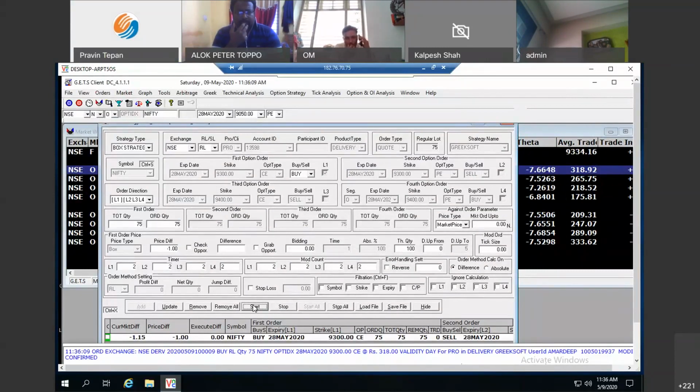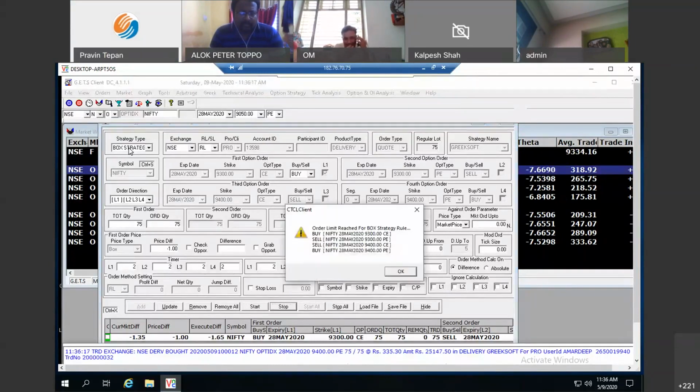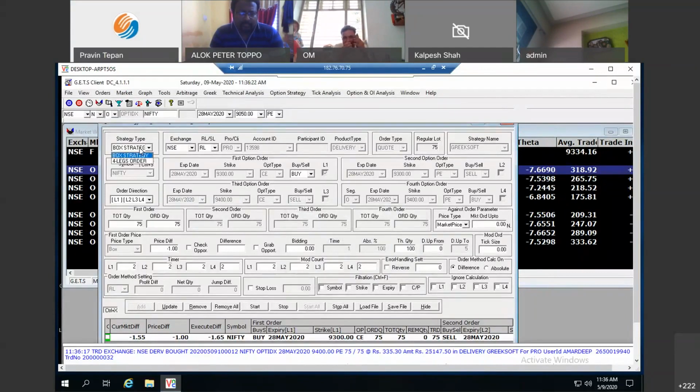But say, for example, if I have to make a customized 4 leg strategy, that is possible. Okay, the trades got executed because my mandate was reached. The trades got executed. Here in this 4 leg strategy, it's a customized 4 leg strategy. I can make any combination of 4 leg in this particular strategy.